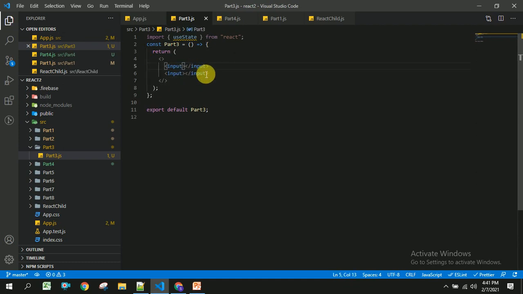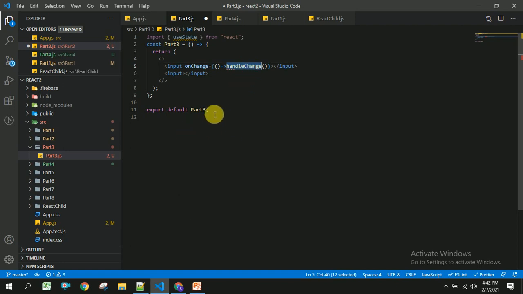Now I am going to take the onChange method with an arrow function, and once the user changes this, I am going to call the handleChange method.